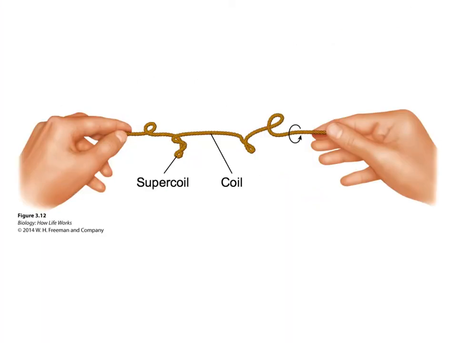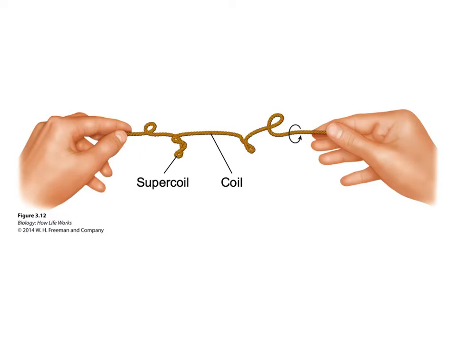Now, the DNA is too long to actually fit inside of our cell, so it's supercoiled. What we've got here is a demonstration of somebody twisting a piece of string. It's being shown that they're twisting this in this direction, and what's happening is that it's introducing supercoils, so you're getting these knots basically. To package the DNA and get it to fit, much like all the string inside of a baseball, or the rubber bands inside of a golf ball, if you've ever torn those apart, it all has to be wound up